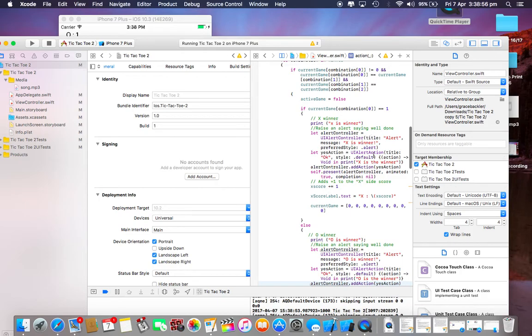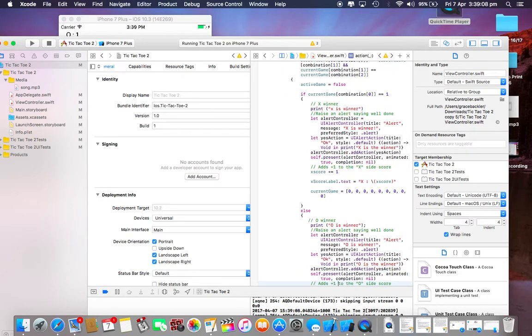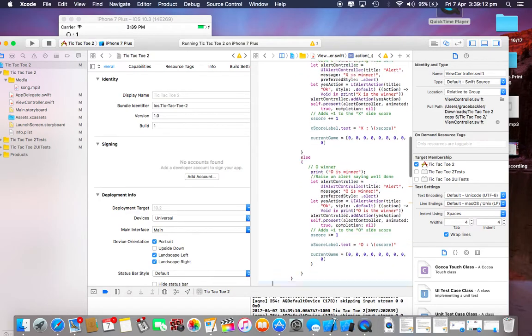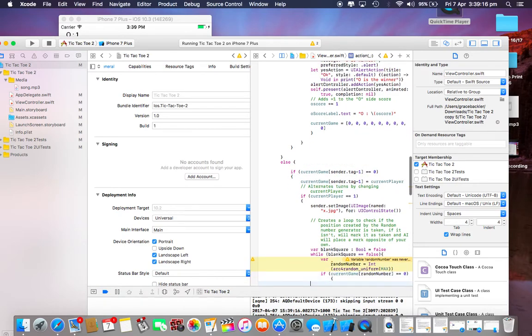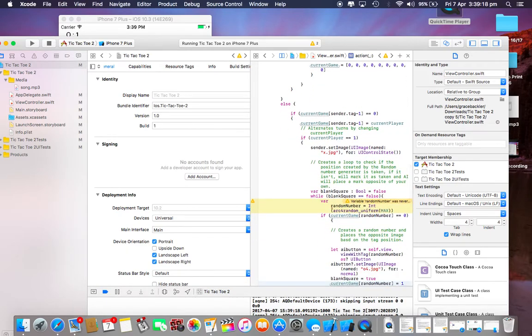When a winner is decided, an alert will pop up saying someone is the winner. The score for X will go up, and the text label will change respective to the score that X has or O has. So we go down, it does the same thing for O, and then here is where we have the